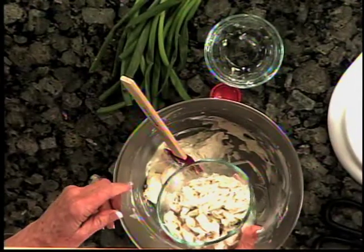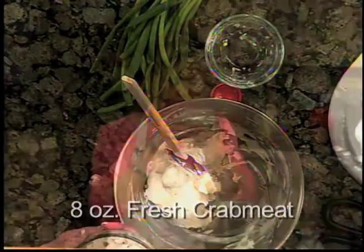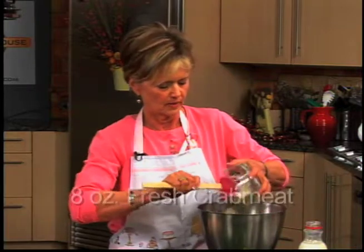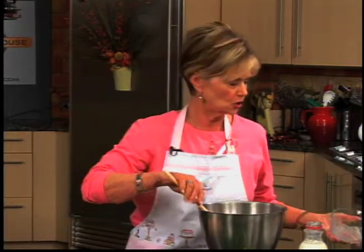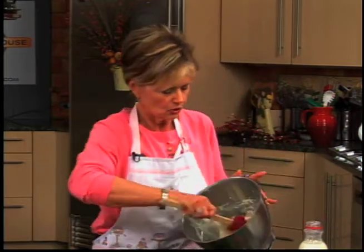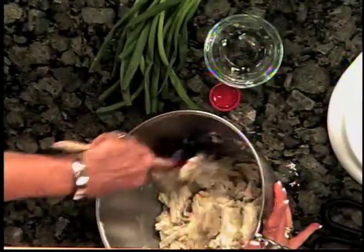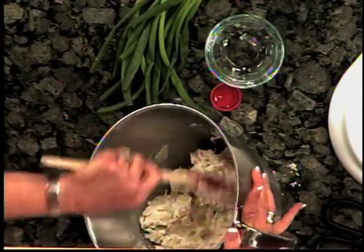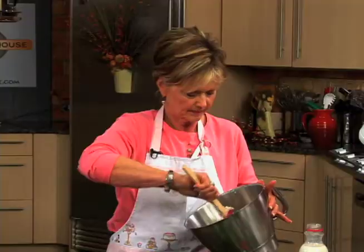Here's your crab. Look at that. It's just great. Seafood, I love it. And with horseradish, it's wonderful. Now, you don't want to break this up too much because you want to get that chunk of crab when you dip with your cracker. So you're just going to fold it in. Nothing harsh going on with this crab. Once you get it good and mixed up,